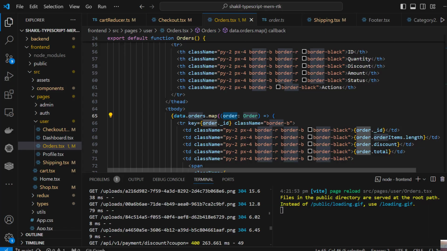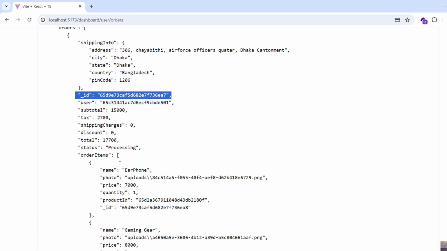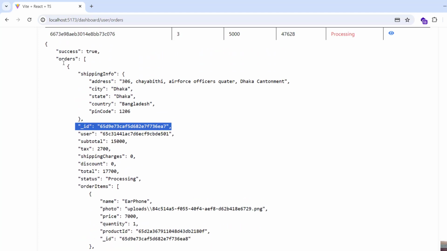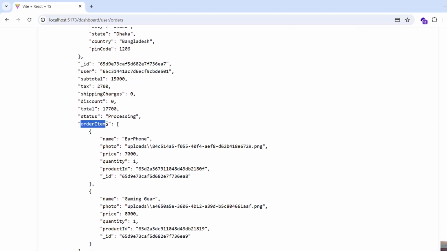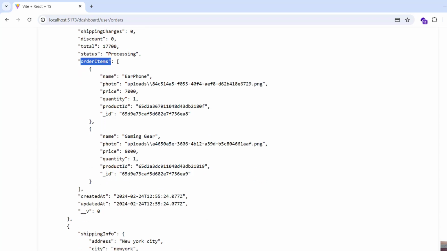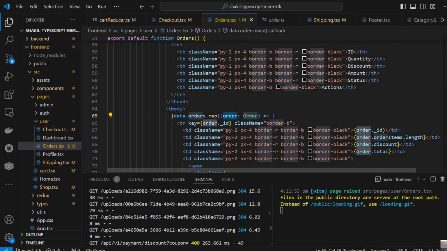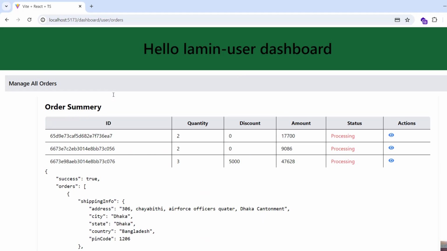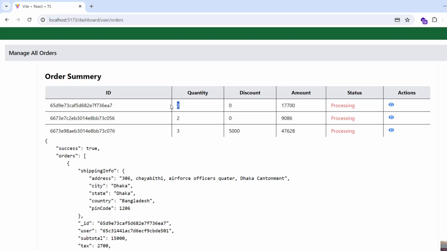Then we need order.orderItems.length. This is the order dot order items, and if it has length, then we will show the length. So order ID length, you see length means 2 quantity, how many items it has. Okay,